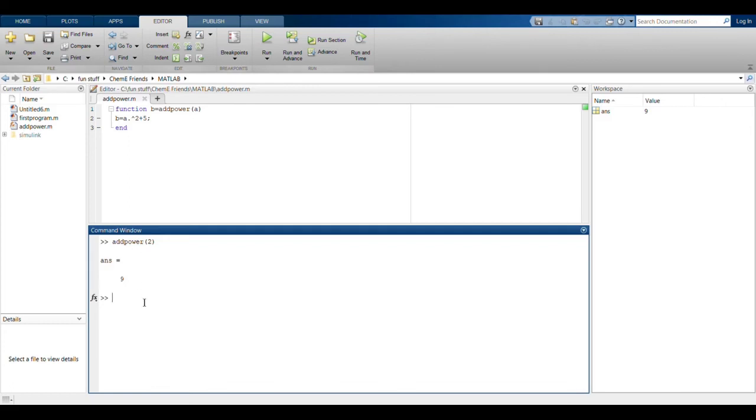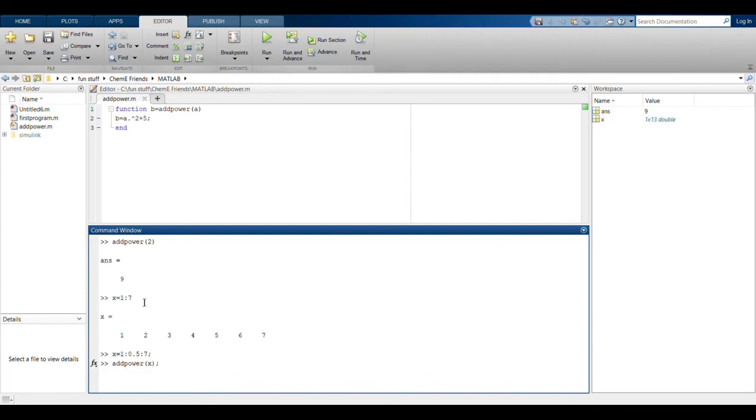So let's see what happens if we make an array, say x equals 1 colon 7. If I make an array of 1 to 7, it will be spaced by 1. So x will be equal to an array of 1 to 7. If I want to create an array with a spacing of, say, 0.5, we'll put 0.5 in between, so 1 colon 0.5 colon 7. Okay, and we'll get that answer. So what I'll do is apply add power to this array. Let's see what happens then.